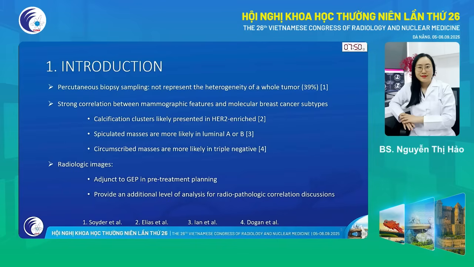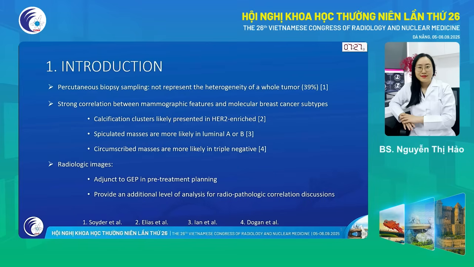There were previous studies showing a strong correlation between mammographic features and molecular breast cancer subtypes. For example, calcification clusters are likely presented in HER2-enriched. Spiculated masses are more likely in luminal A or B, and circumscribed masses are more likely in triple-negative. Therefore, radiologic imaging has to be an adjunct to GEP in pre-treatment planning and also provide an additional level of analysis